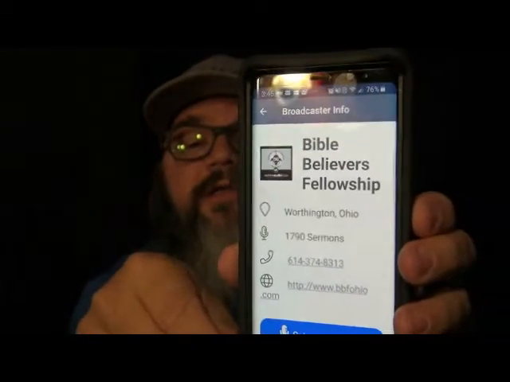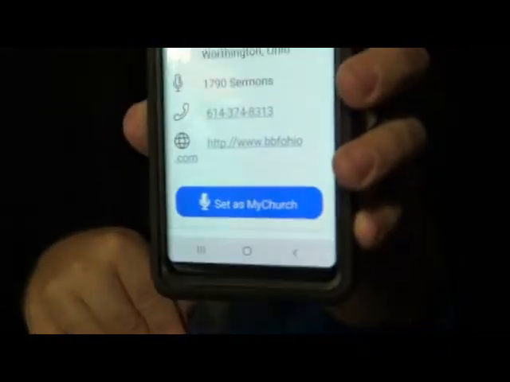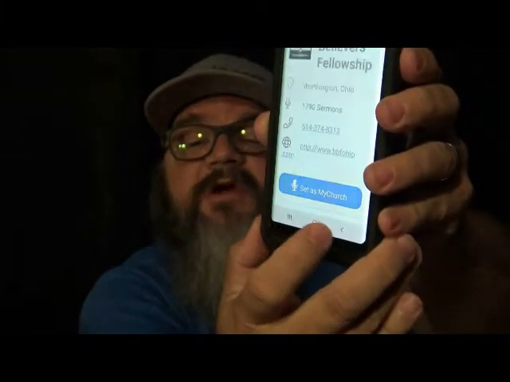And when you do that, you'll see a screen that shows Worthington, Ohio. We have 1,790 sermons. My phone number, the pastor's direct line, and then the website address. All that shows up, and at the bottom is a little blue Set as My Church. And you click that button, Set as My Church,